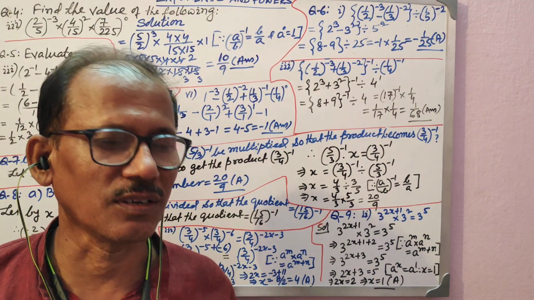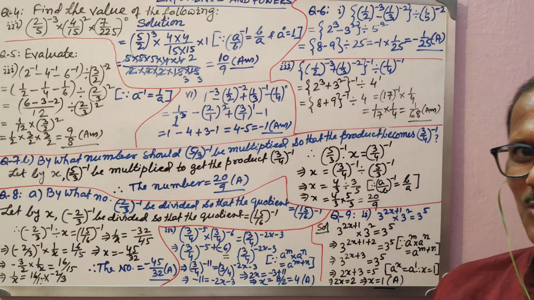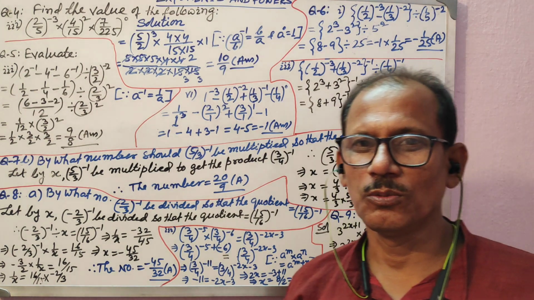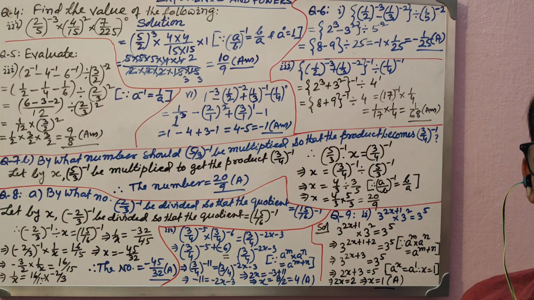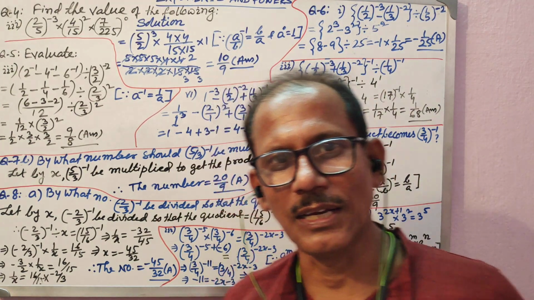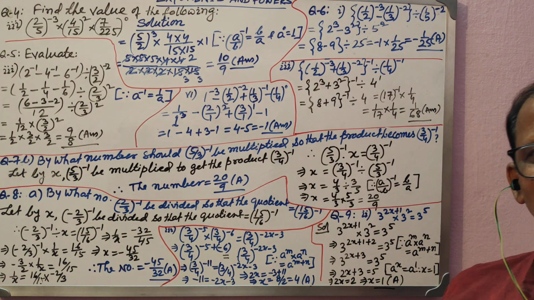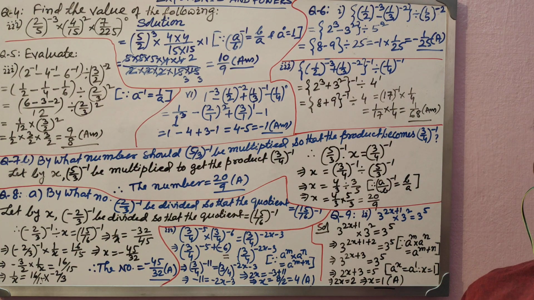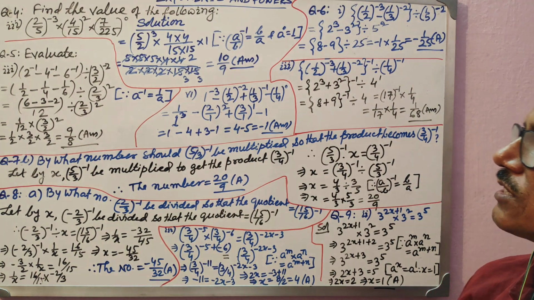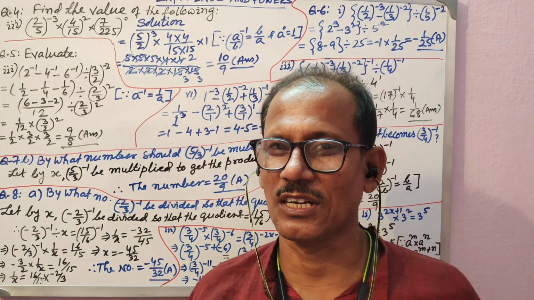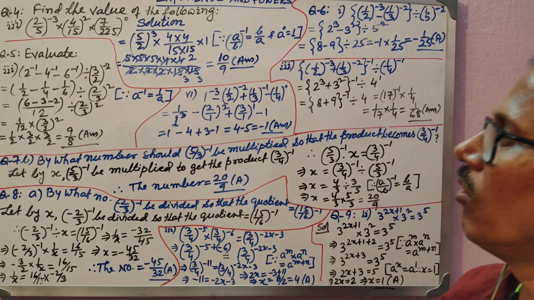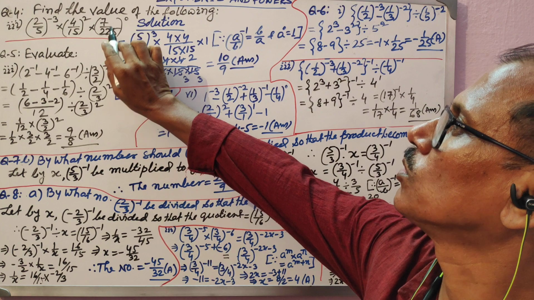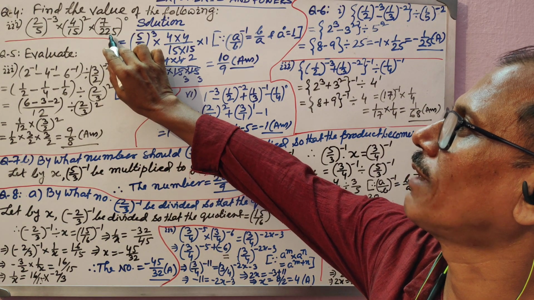Anything to the power 0 is what? You know it is 1. And how it is 1, I have said to you. Anything to the power 0 is 1. Why? a to the power m divided by a to the power m again: a to the power m and a to the power m cancelling will be 1. And if you do it through the indices law, a to the power m minus m, it will become a to the power 0. So a to the power 0 becomes 1. Just go to my previous video, you will understand why something to the power 0 is equal to 1. Anyhow, that is not my lesson today. You know it already. So this is to the power 0, which means this value will be 1.